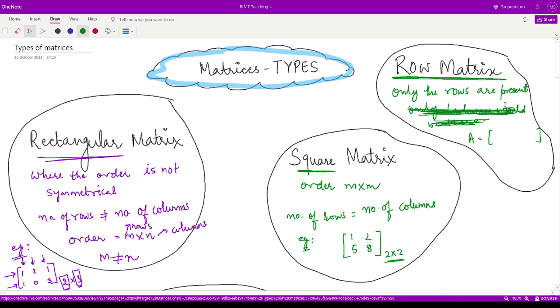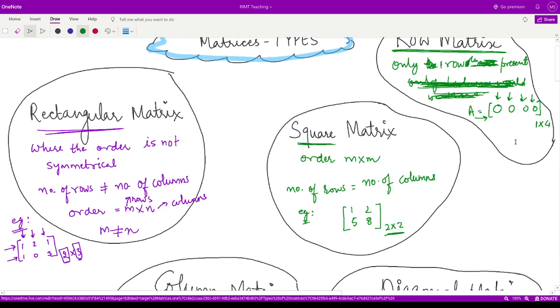Let me give you first of all the example for this row matrix, matrix A. Here it would have the shape of a row. So you can have elements here, here, here, and here, and so on. In this case, how many rows do we have? Only one row is present, right? And how many columns? 4 columns. So you see first, second, third, and fourth. So this is the row matrix: only one row with as many columns as you require.